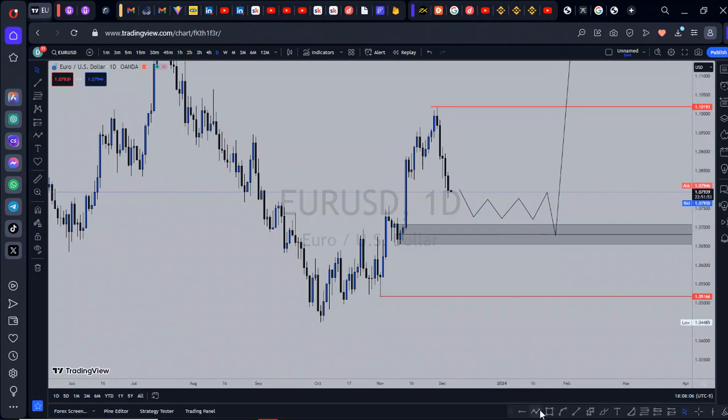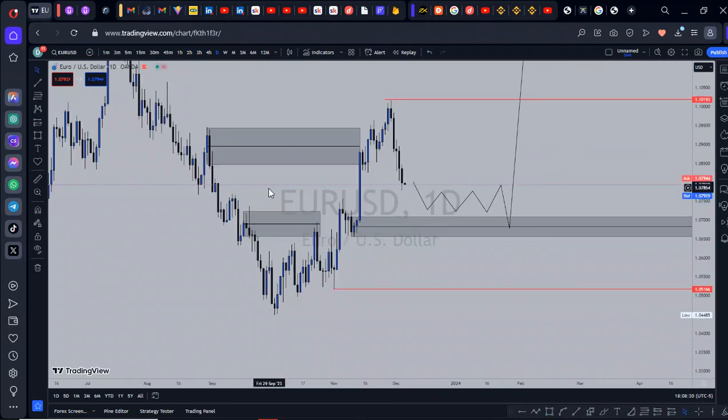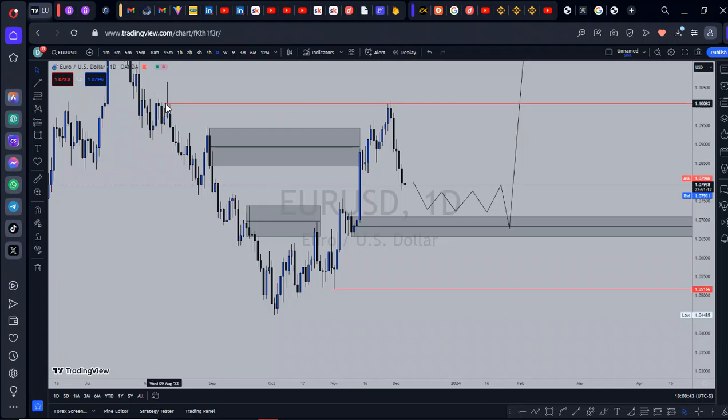Now, the reason also in confluence is that we have seen certain areas of supply being violated, right? And when a violation occurs, we are looking for the opposite side of the area that caused that violation. So if supply is violated, we're looking for a demand that was responsible to overtake supply. The same thing with order blocks. When the bearish order block is violated, I'll look for the bullish order block responsible to violate that bearish order block, right?